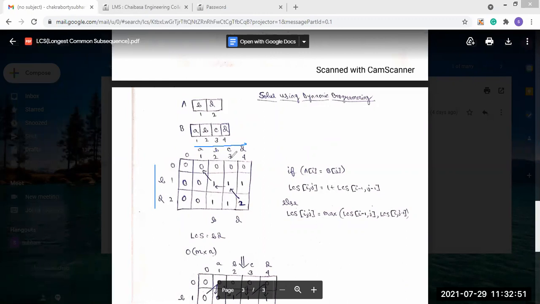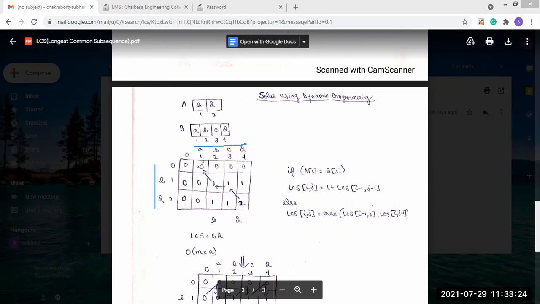So we have written A string and B string here, and we have put the index values here. Though we have not used 0, in the case of the table we will use the 0. So here you see 0, 1, 2 is written, and here also it is written 0, 1, 2, 3, 4. But we have not used index 0 in our strings. Though we do not use it there, we will use it in the table.